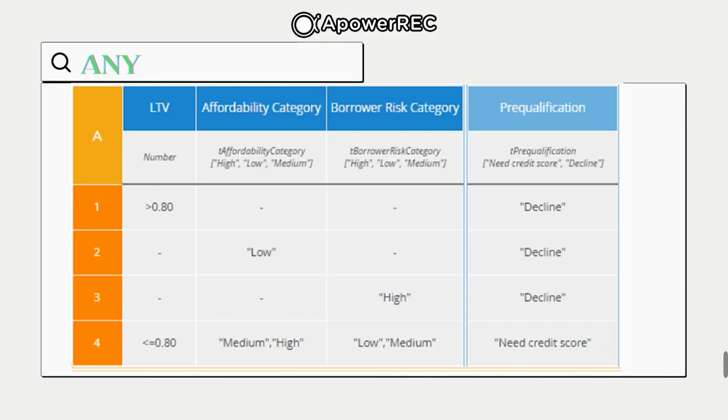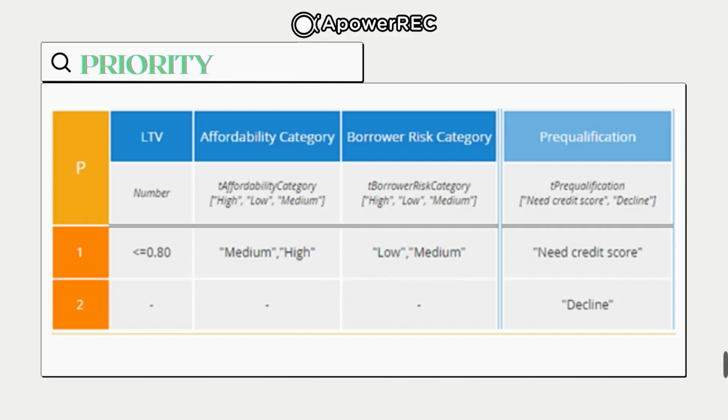Now, the same business case we can develop with the priority table, which has only two rules in this case, including an else rule. Notice in this one, decline is the lowest priority. So this is how for the same business conditions you can use different hit policies based upon your understanding and the benefits of that respective hit policy.